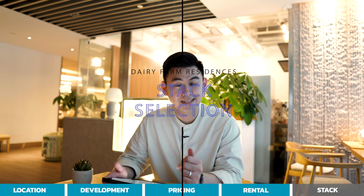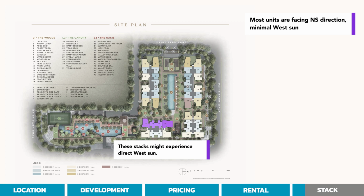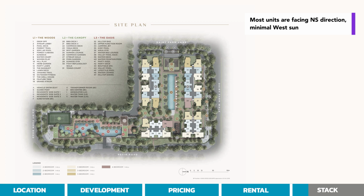So last point, stack selection. If you look at the site plan here, most of the units are in the north-south direction, about 90% of them are. So there will be minimal west sun to most of these units. The only ones that will have some direct west sun into the unit will be stacks 35, 36, 41, and 42. As for the rest of the stacks, they may have unblocked greenery views for now,